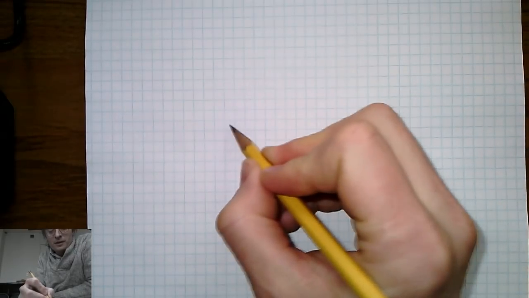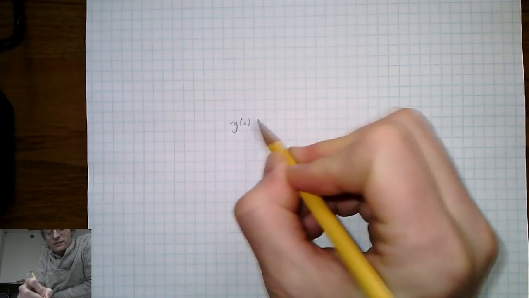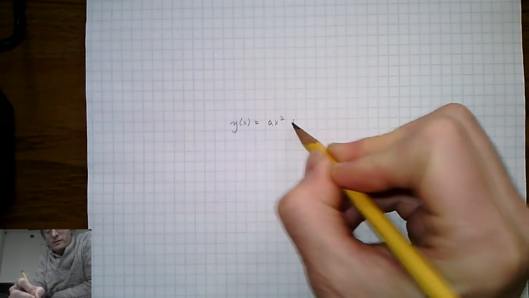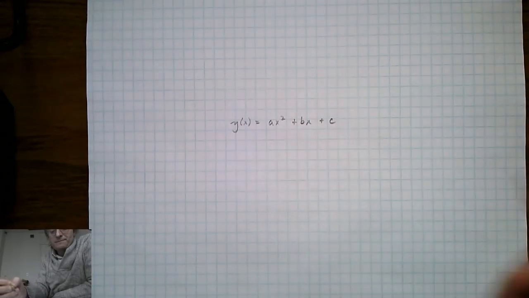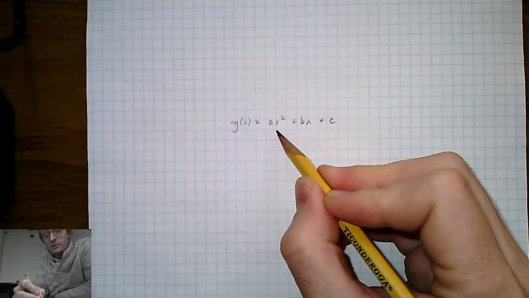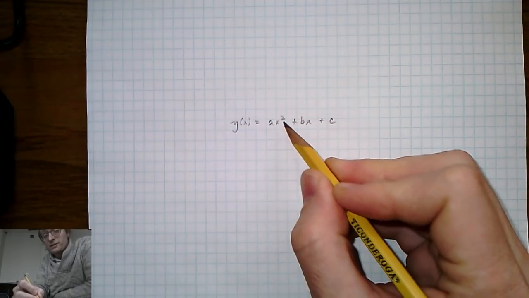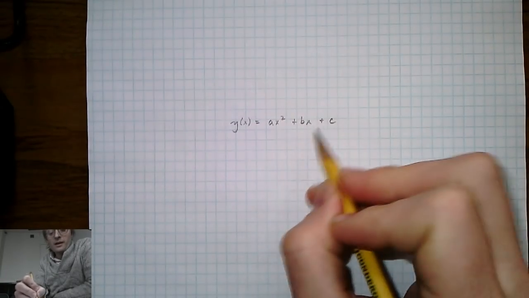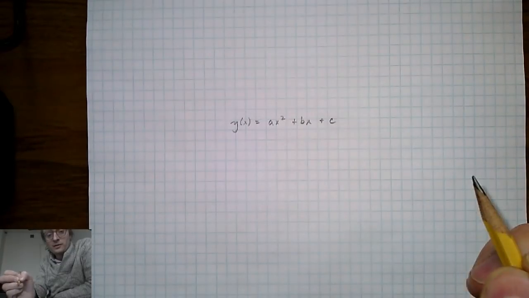All right, so in your math class, you probably spent some time dealing with second-order polynomial equations, they're called. They'd often in math class be written something like this, maybe. y as a function of x looks like ax squared plus bx plus c. The reason it's called a second-order polynomial is that the independent variable on the right-hand side, the x, is raised to the second power. And you probably learned several methods for solving these types of equations, notably the quadratic formula,